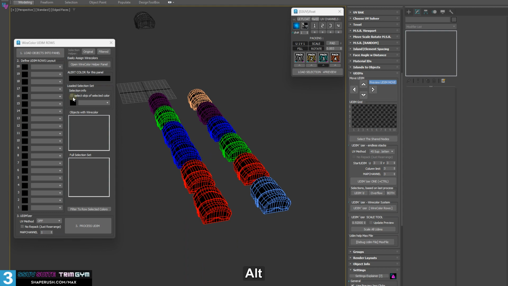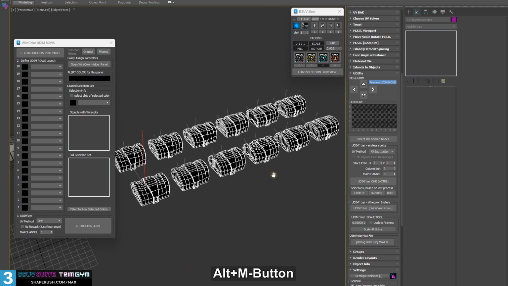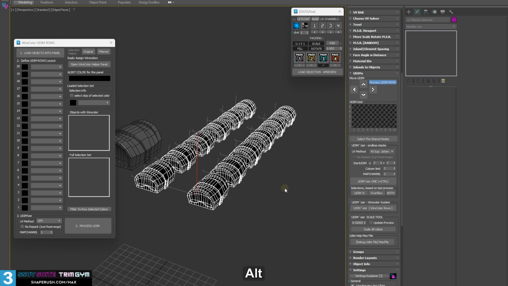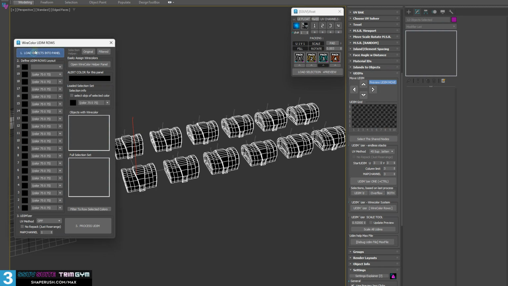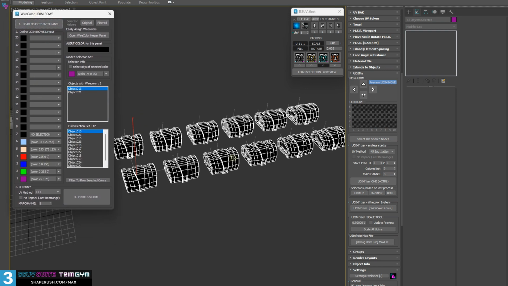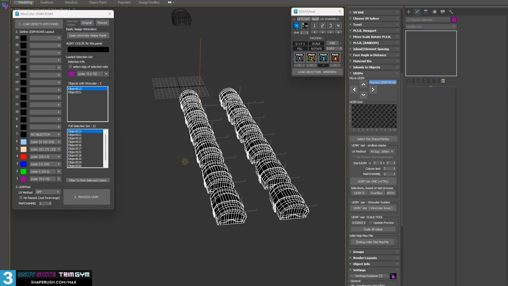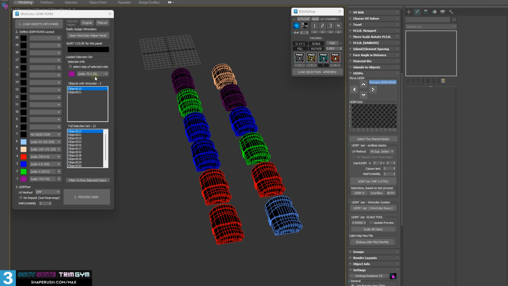Great, let's move on. So I'm going to select all of these objects because I would like to work with them in the Udims space. I'm going to click Load Objects into Panel, and this will select all of the objects and sort them into groups based upon the colors, right? So we have,